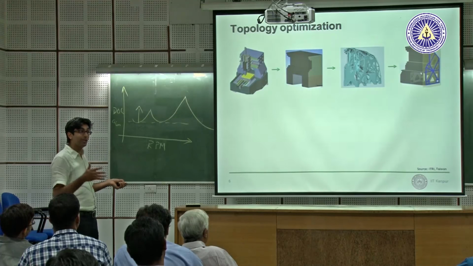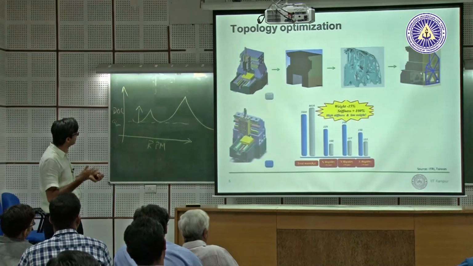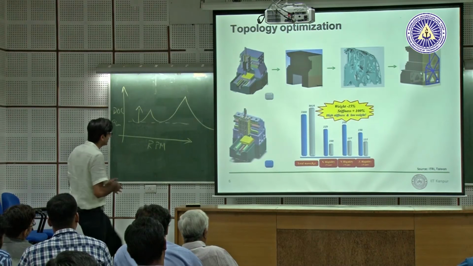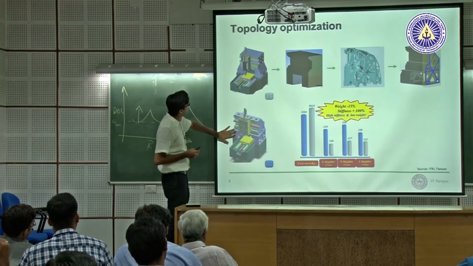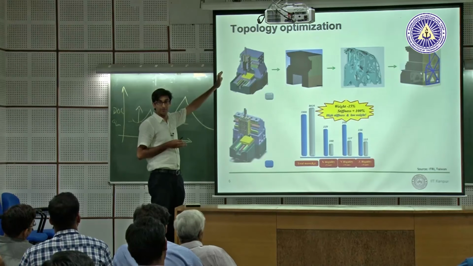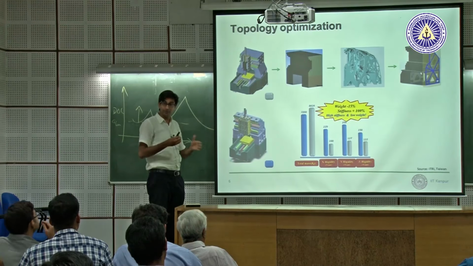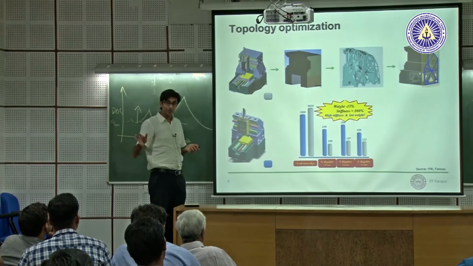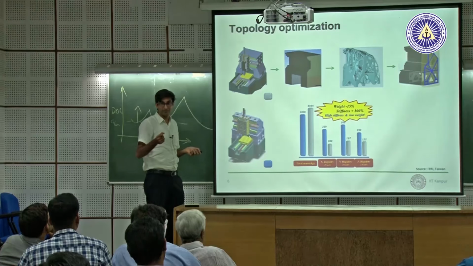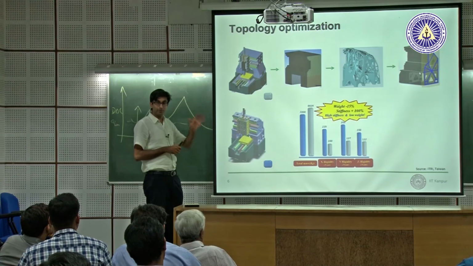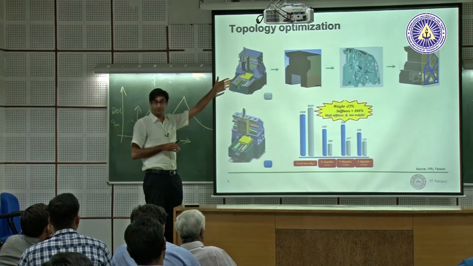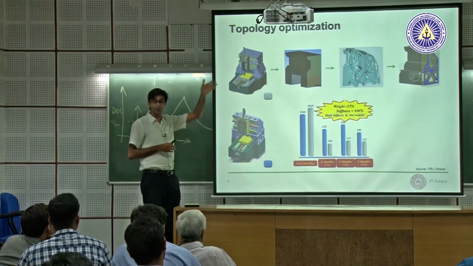So we do that for each component, and you come up with this new optimized design. You can see each component here is very different than what you started off with. You do this at sub-component level, you do it at assembled level. And this doesn't take too much time, you'll be surprised. You can do this in a few days. Typically, topology optimization codes run for days together. To build FE codes takes days together.